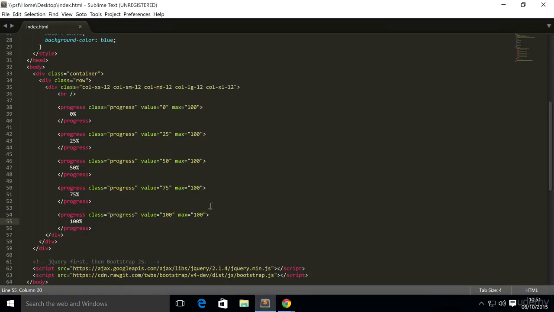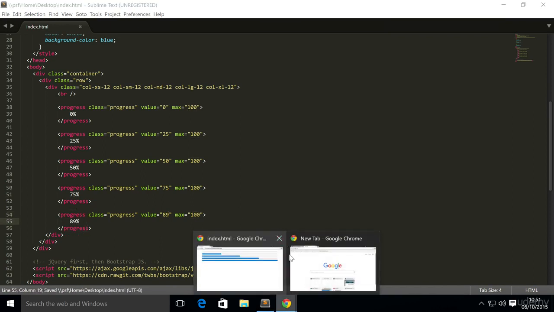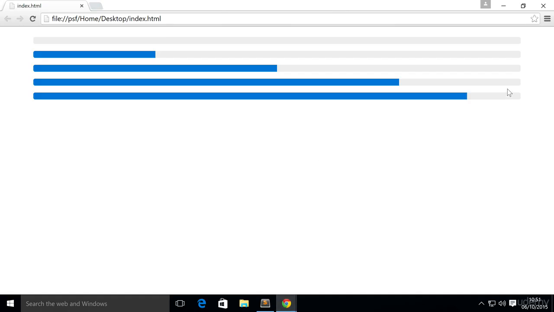So if we were to go back here and just change this to an arbitrary number, something like 89, and we'll update this as well. So save that, and if we go back, refresh, there we go. It is now at 89%. That is really cool. Just one thing to bear in mind: Internet Explorer 9 does not support HTML5 progress element,